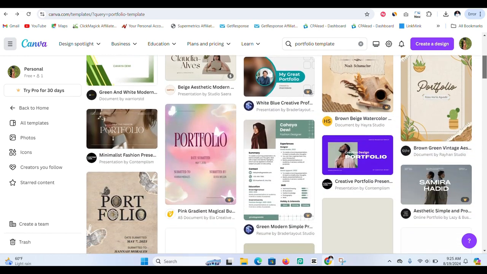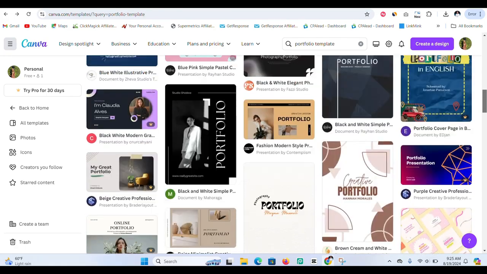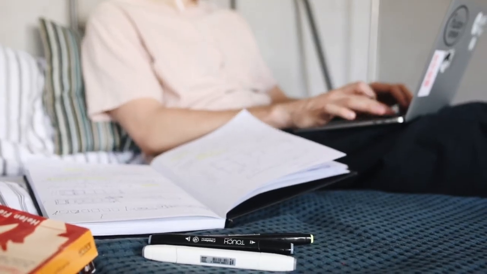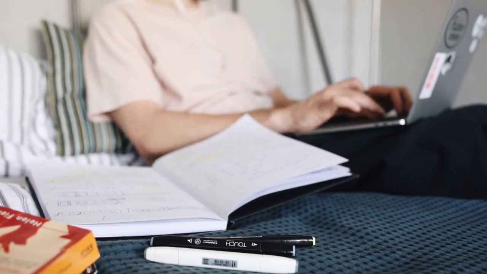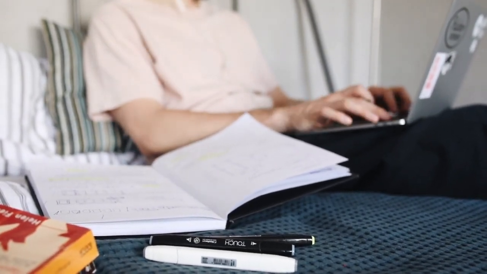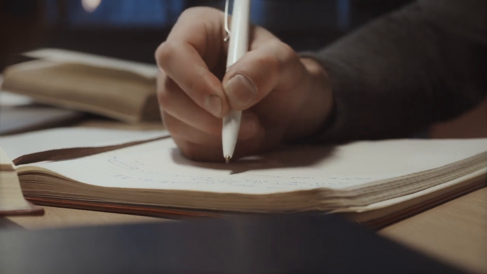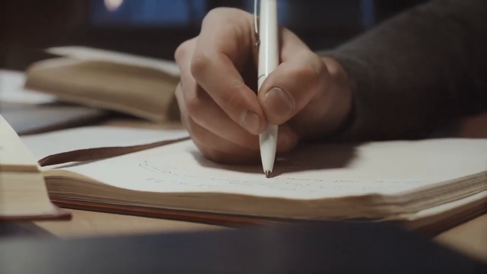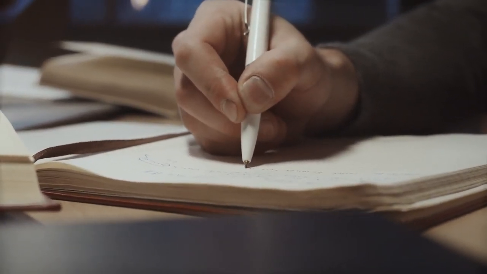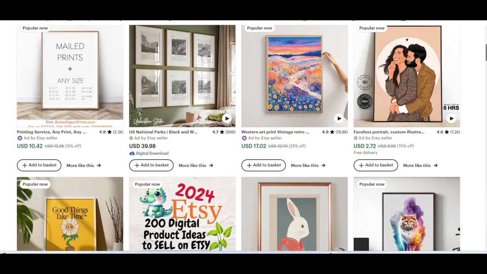Now, if you have no idea exactly how to create professional looking resume templates yourself, you can take the time and take free courses online, study how a professional resume is supposed to look like, what to put on the resume and what not to put on the resume. Study all about the ATS scan, how to pass the ATS scan, how to create good and professional looking portfolios, what skills to put on the portfolio so that it can grab the attention of employers. Now, once you're able to do this, you can go to Canva and create this template and you sell